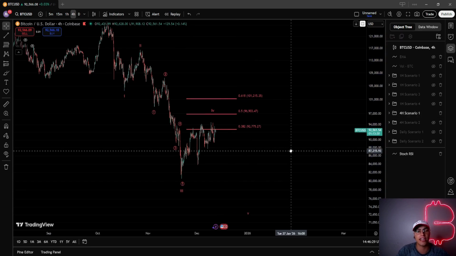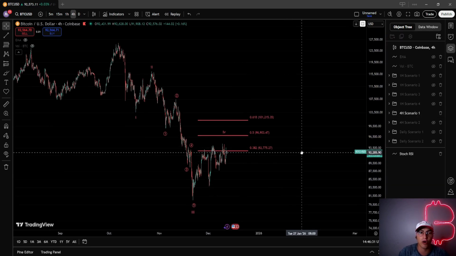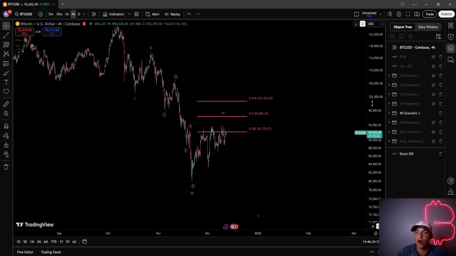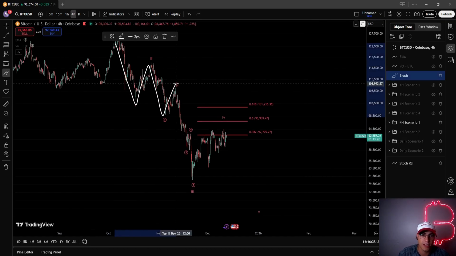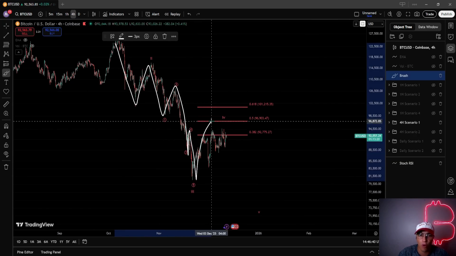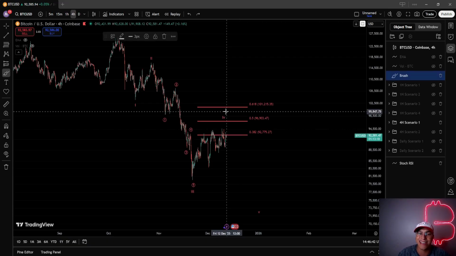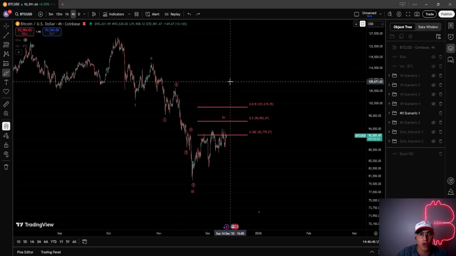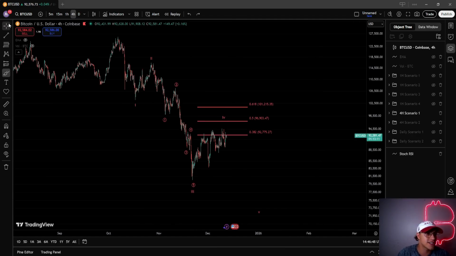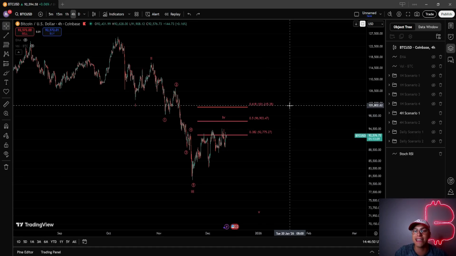It doesn't change any of our fibs. It doesn't change the count. This is our main move or main scenario to the downside, where we have a 1 2 1 2 3 4 5 4 5, and we are now currently in the larger degree wave 4, so relating to this wave 2. Right, the 0.618 is our invalidation. This move is invalidated at